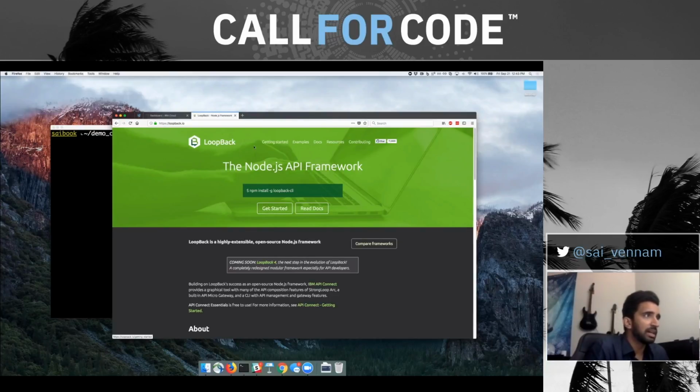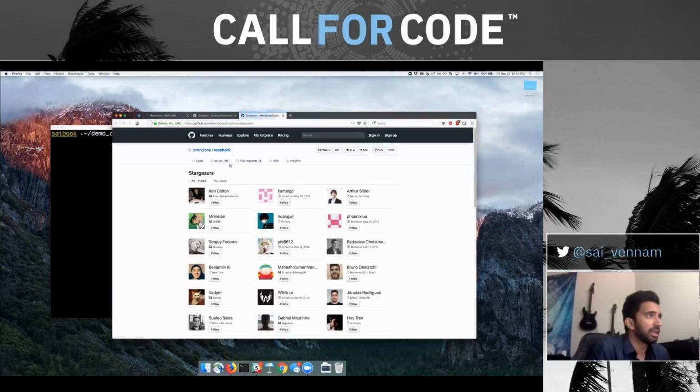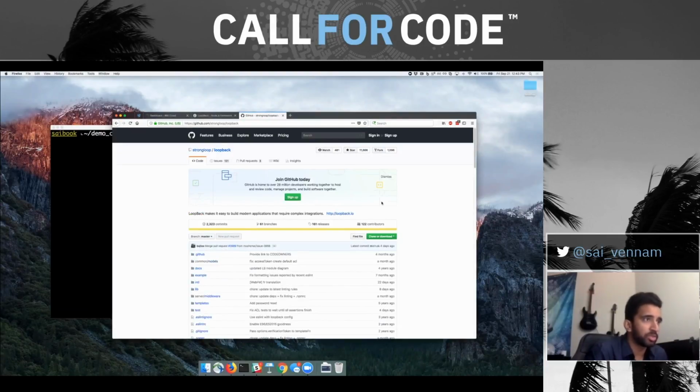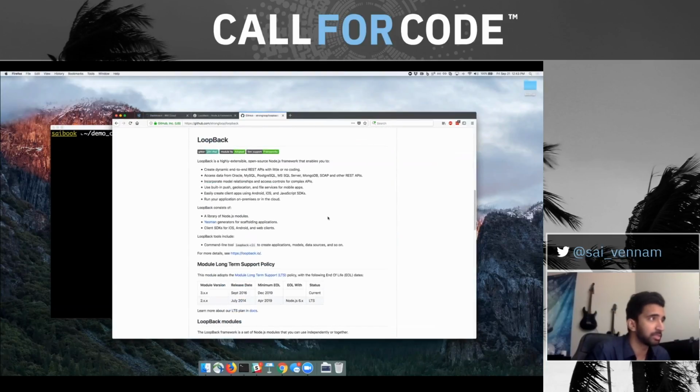Just to give you an idea, let's go to the GitHub page for Loopback. And we'll see that it's a fairly popular open source project, about 122 contributors, written entirely in Node.js. And you can see here quite a few stars. I think this project has been growing for quite some time. As a quick overview, it allows you to design extensible APIs using Node.js underlying. The great thing about that is Node.js is very performant, great for I/O, great for throughput. So once you actually start creating some APIs, it's generating Node code underneath. You can jump in there, edit it, play with the Node.js, even write custom functions, descriptors, and that kind of